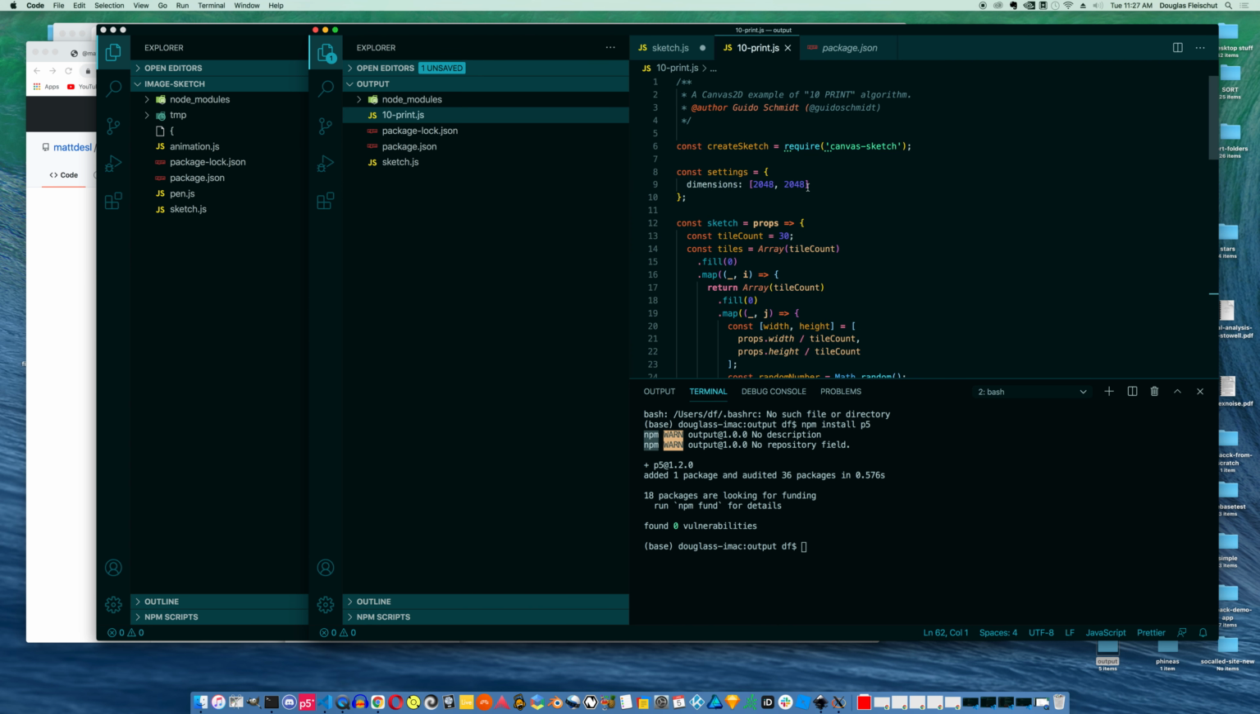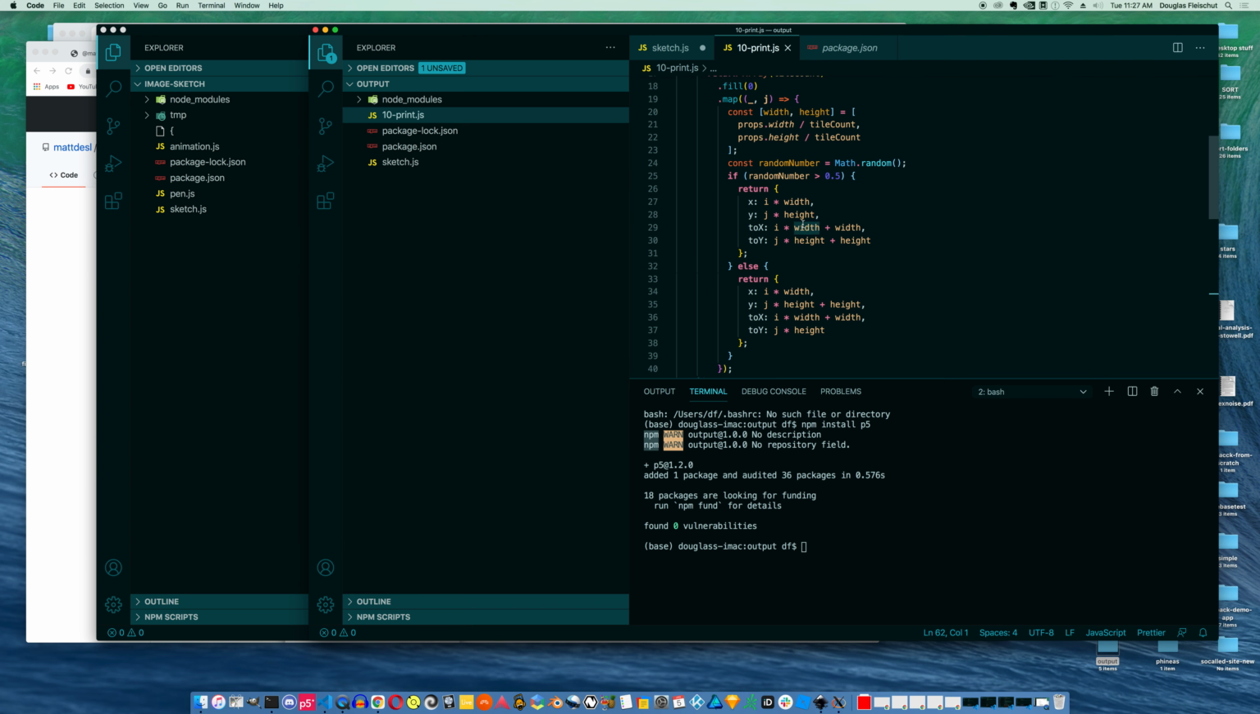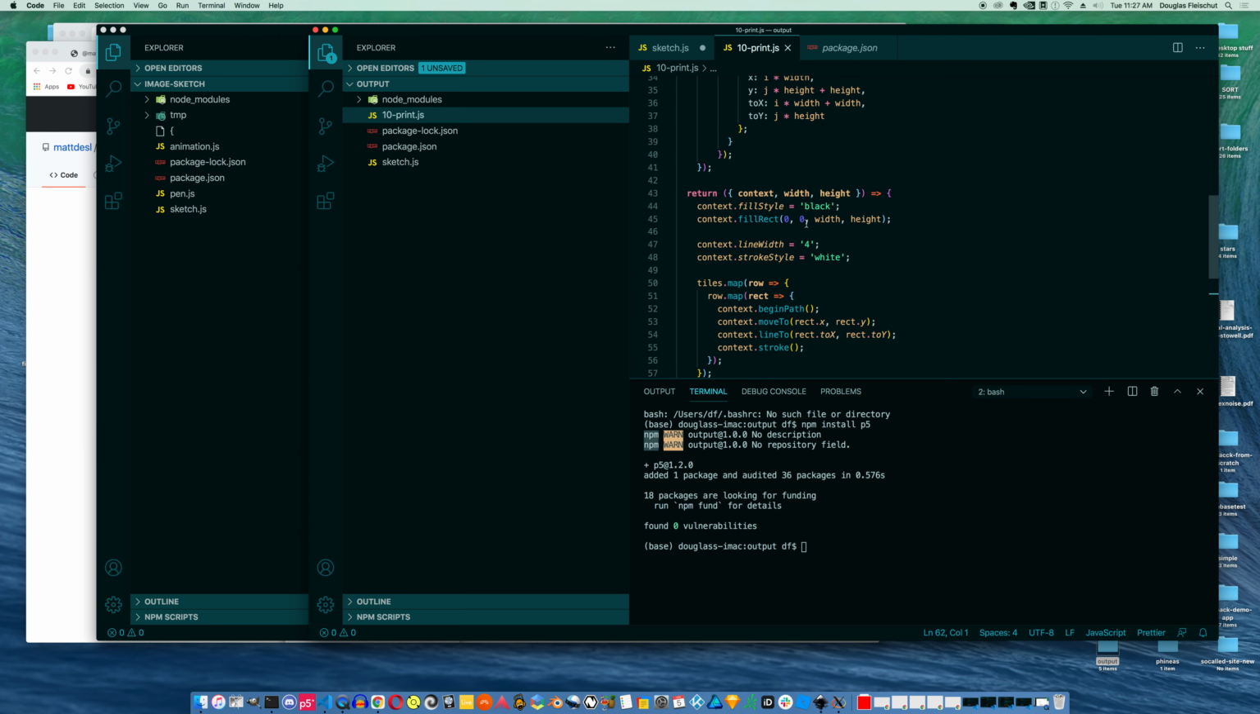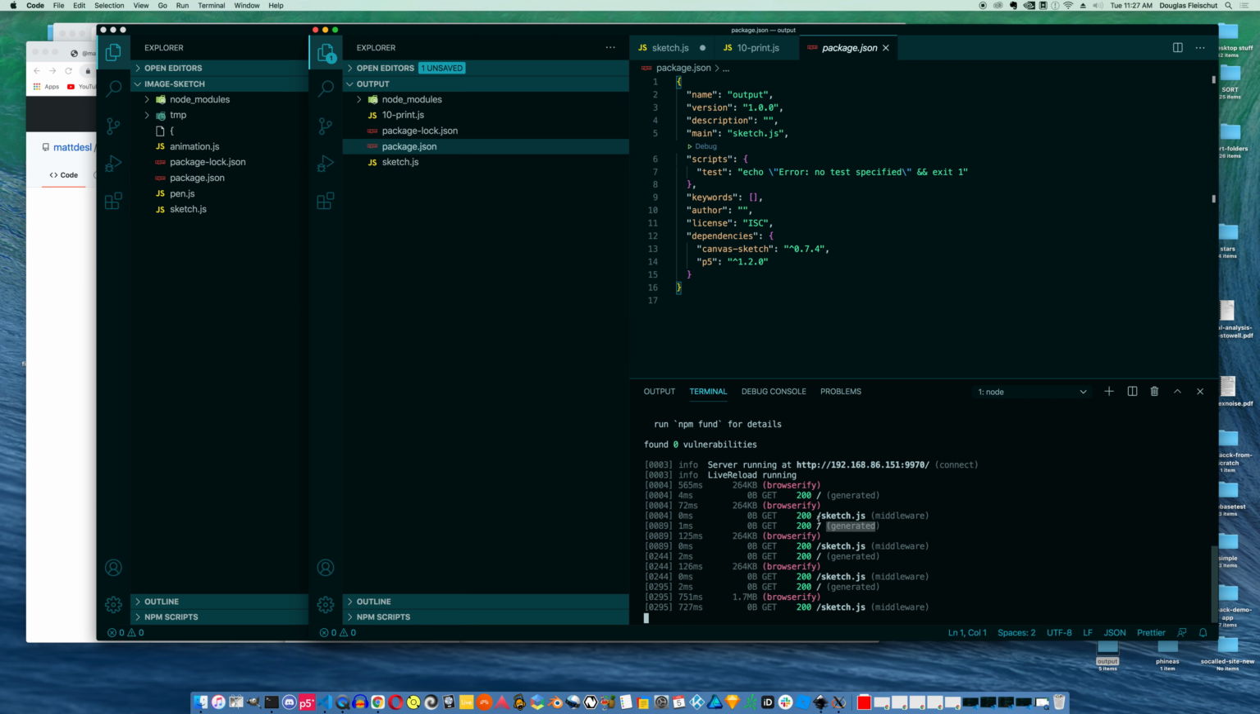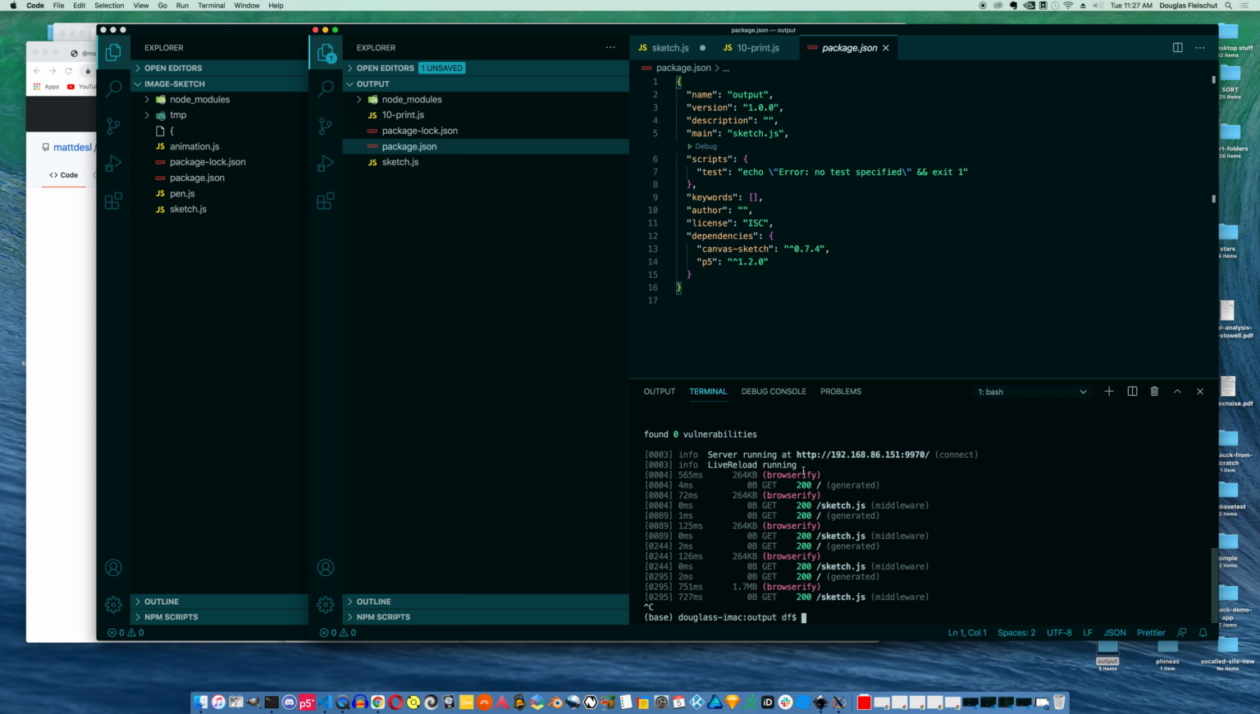And so now this has got this other sketch that's creating this grid of lines and rotating them a little bit. If you want to learn more about 10 print, Daniel Shiffman has a great video for doing it in P5. And if I come in here, I'm going to just stop this running. So now that I previously had that one running, I'm going to do canvas-sketch